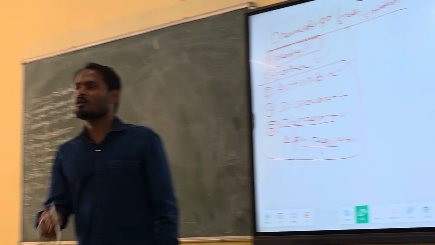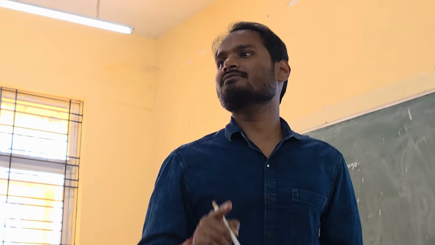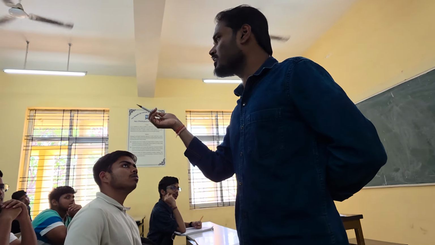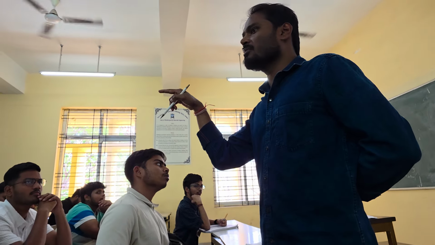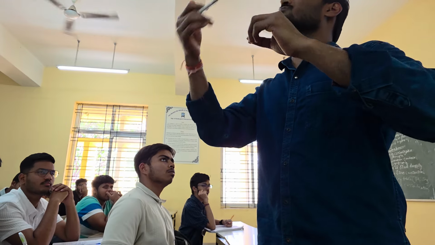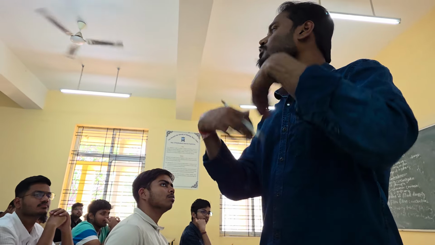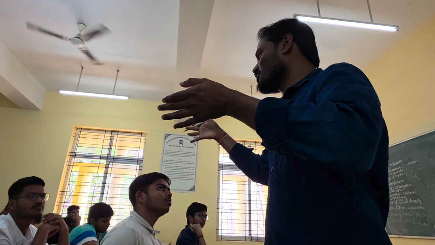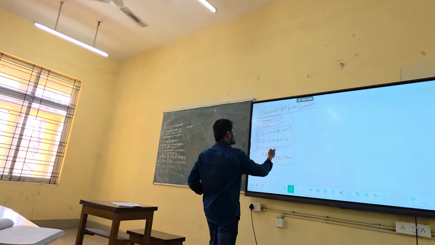Finally, the collector is the most important reagent or chemical used in flotation. Why? Because obviously, most minerals are hydrophilic already, and you want to make them hydrophobic, so you need a collector. And the collector's function should be specific or selective. Listen to this word, it is very important. The collector's function should be selective because a lot of minerals are there. It should selectively coat some particular mineral, not all the minerals. Either it will coat the gangue or it will coat the valuable minerals. Or if many valuable minerals are there, it will coat a specific valuable mineral, for example. Fine. And that is decided by all these things.